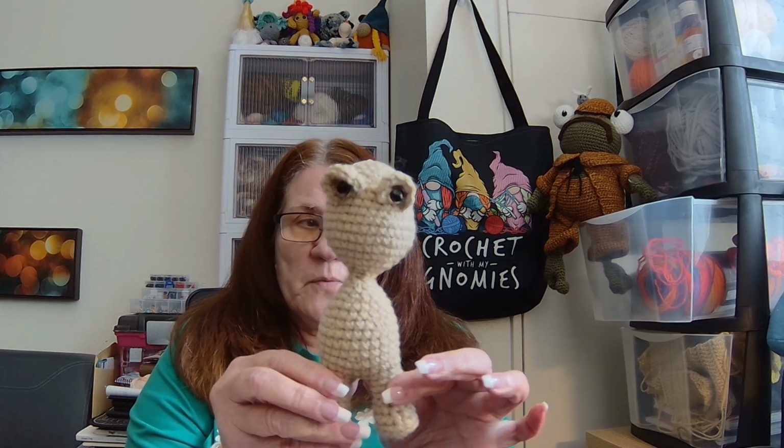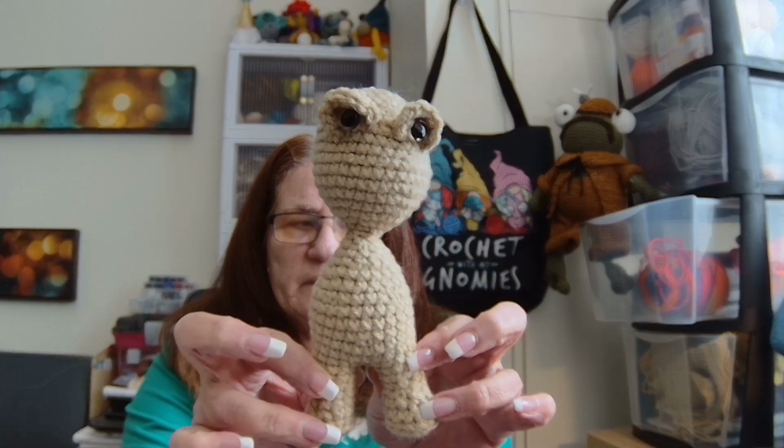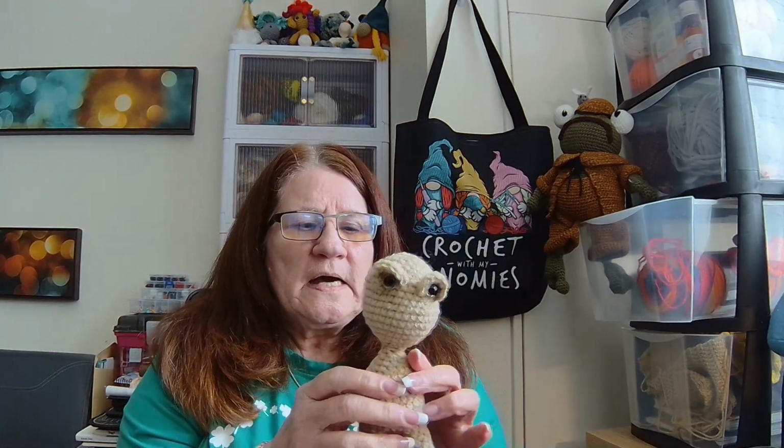But anyway, here he is at the moment. Now this is an example of your standing little Impkin. He does have safety eyes now. I will tell you, he will not be a frog. No, not a frog. He definitely told me he did not want to be that. But he is...